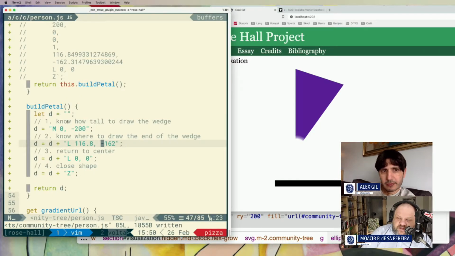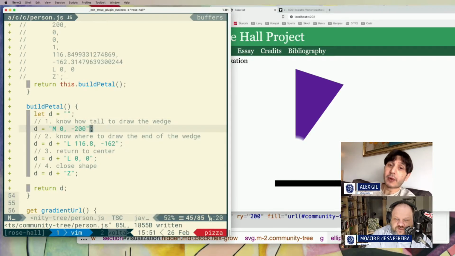Anyway, so the top of the wedge shows the exit year of the person, right? So I'm going to play a little bit of Socrates here. How can we re-describe this first step in terms of the exit year? We have those values already as variables elsewhere in the code. Let's go and get those variables and put them right there.